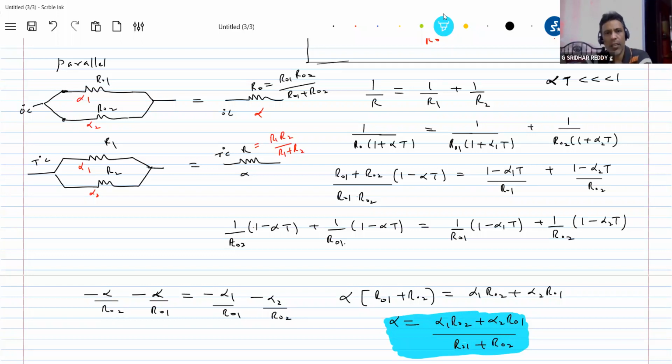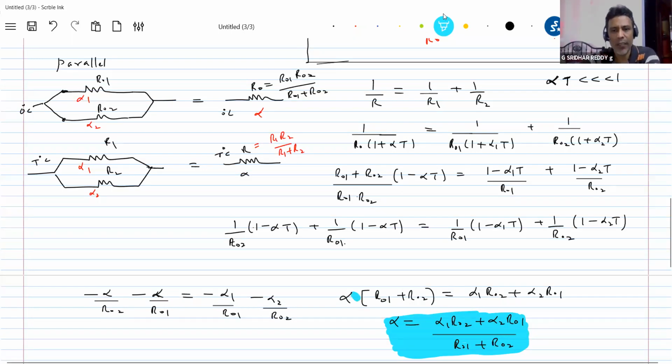Okay, fine. So there's the mathematics. I don't think anybody will ask you to derive it. The end formula becomes important when they are in series or parallel, and you must know how to replace them with an effective alpha. There's a basic concept of what happened, and we are applying it.